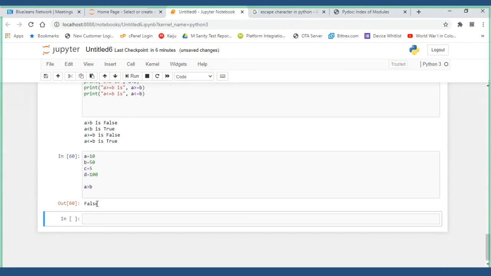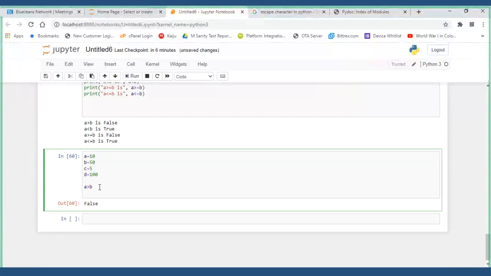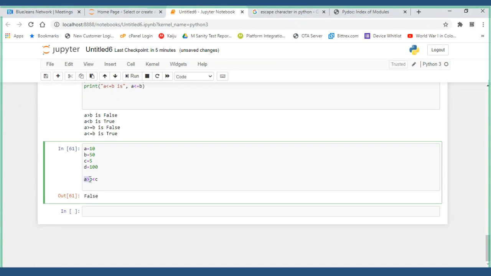What I have as an option here is that I can do it like this also. I can use multiple comparisons. What happened here? A greater than B is false. If you have multiple like this, when you're comparing all of them, first you compare, for example, A greater than B. So A is less than B, the example I'm giving.